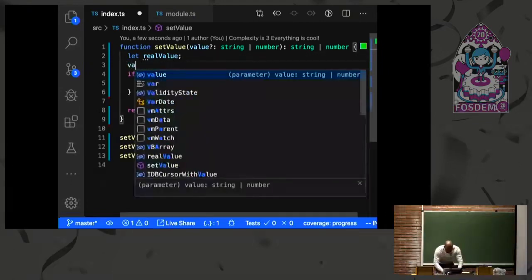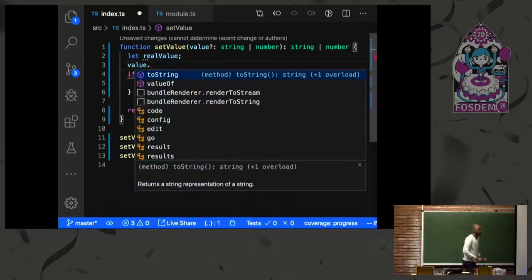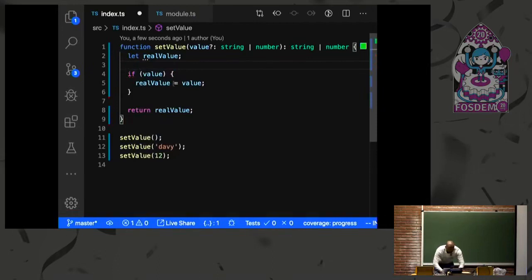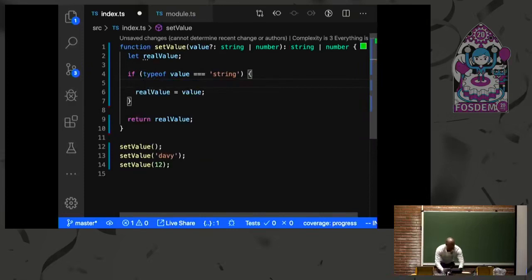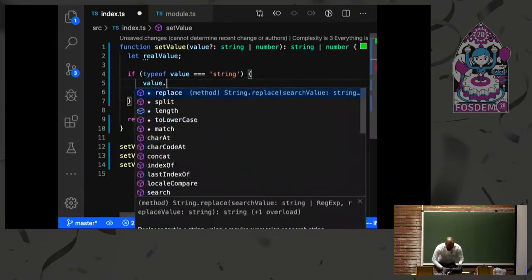I was here and I said value dot. Because I already said string or number, when I say value dot, I only get string or number, right? But then one step further, I realized that if I have an if condition like this one, I can say typeof value is equal, let's say, string. Now inside here, when I say value dot,